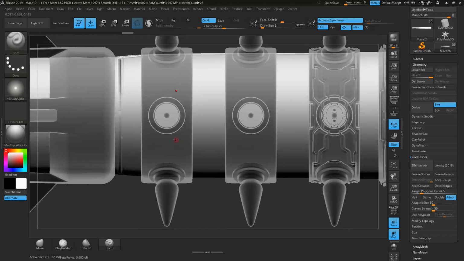Otherwise it looks a bit too soft. And now let's rotate this around here. And I want to have the draw size at 9 and add one of these big details here. And then with 5, I'm gonna add one of these Z add details in there. So now we can go back to 2